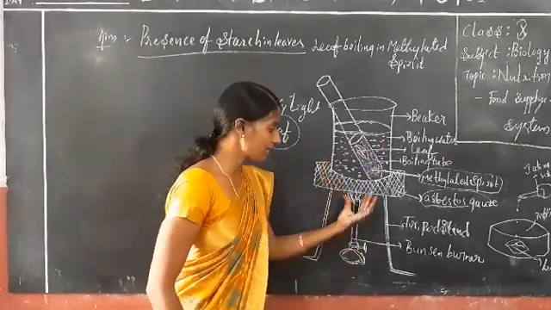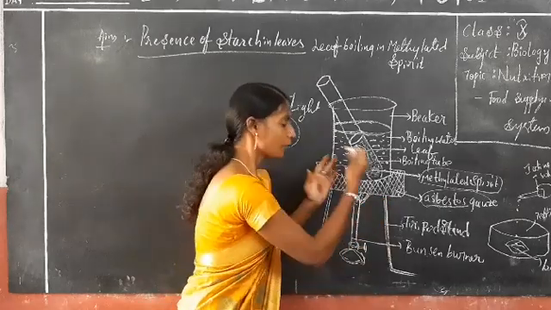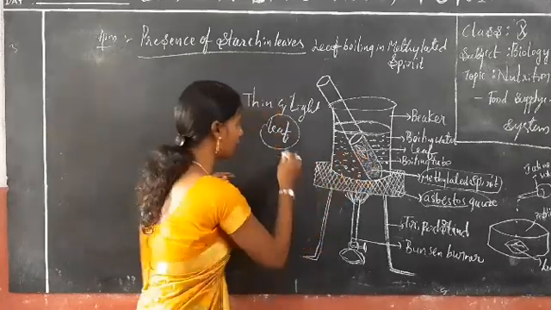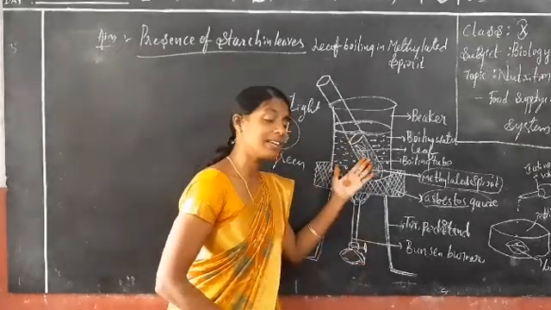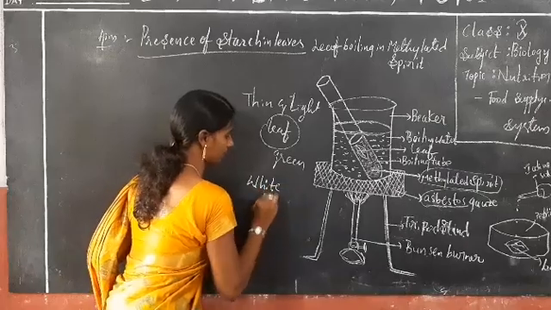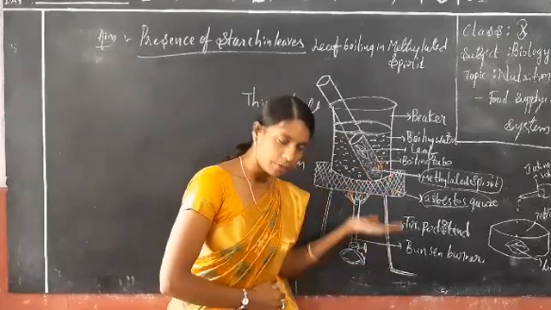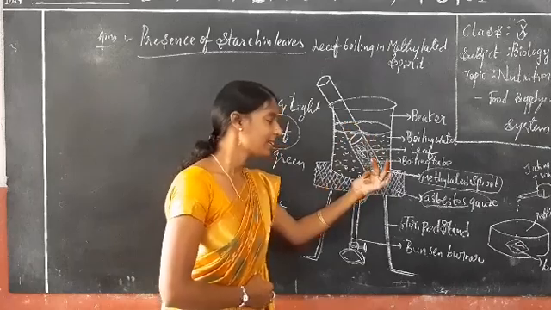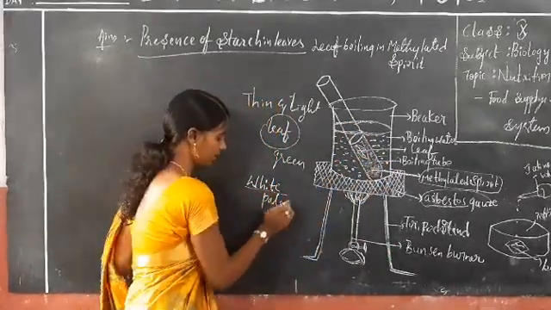After that we give some flame under the tripod stand, and after 45 minutes this leaf changes its color. Before that, the leaf is green in color. When you are boiling the water, the leaf changes its color. It comes to a white pale color. Okay, that is nothing but a colorless leaf. When we give flame, the methylated spirit inside the test tube and the leaf mix. Finally, it comes to a white pale color. Clear all of you?